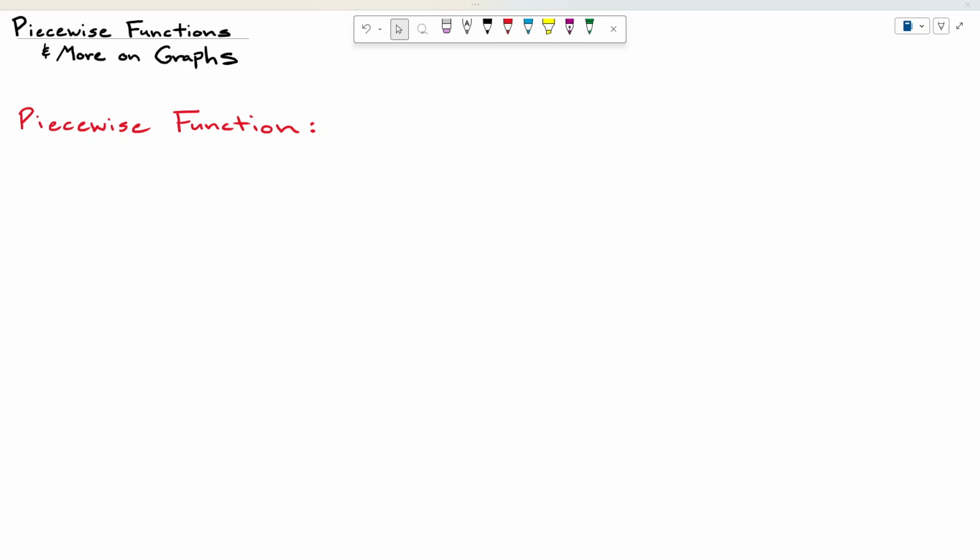All right, welcome to another video lesson. So previously we had looked at functions to include what defines a function. We had looked at domain and range, functions as equations and as graphs. In this lesson, I want to start by looking at another type of function equation, this one called a piecewise